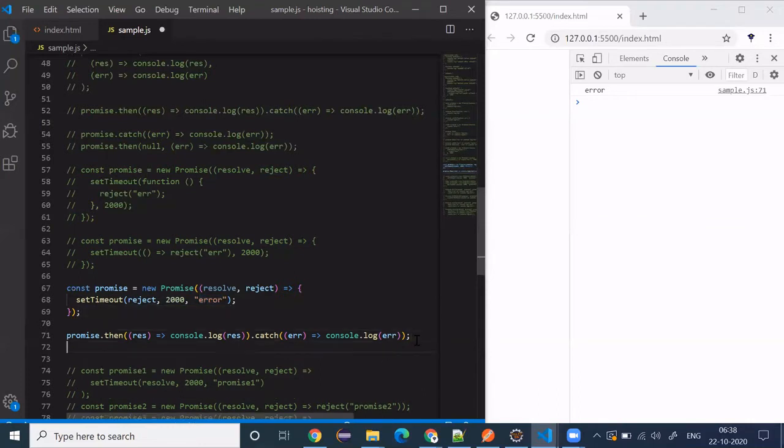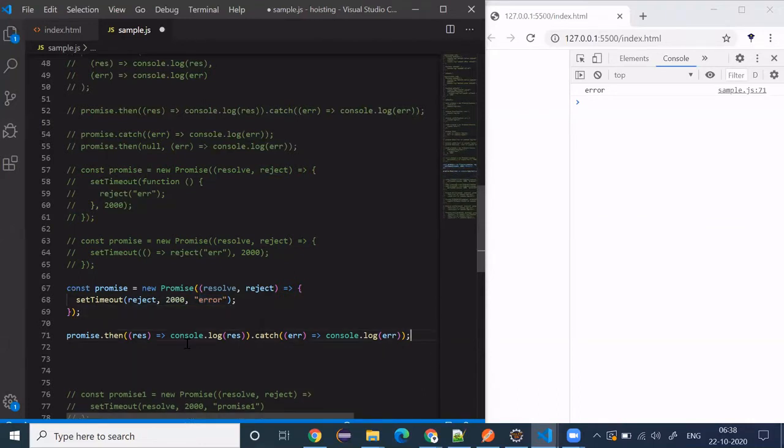Now we have another block that is finally. Irrespective of what we get, whether it is rejected or accepted, or we got the successful response, that finally block will execute. So how do we implement it? We can write promise dot finally. Again, this accepts a callback function. This time we'll use console. So finally doesn't accept any parameter. You can use finally when, irrespective of successful response or error, you want to execute your code in this finally. So let's